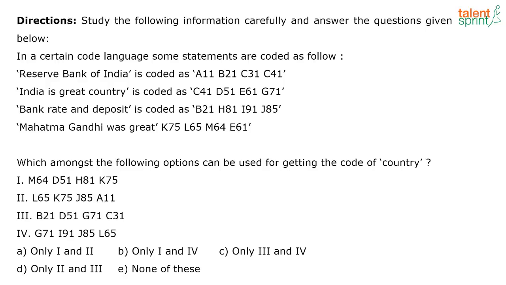In a certain code language, some of the statements are coded as follows. Reserve Bank of India is coded like this. India is a great country is coded like this. Bank rate and deposit is coded like this. Mahatma Gandhi was great is coded like this. Which amongst the following options can be used for getting the code of country? So,